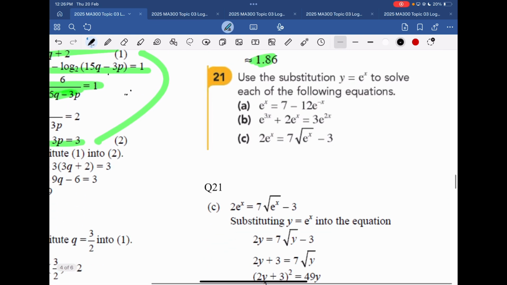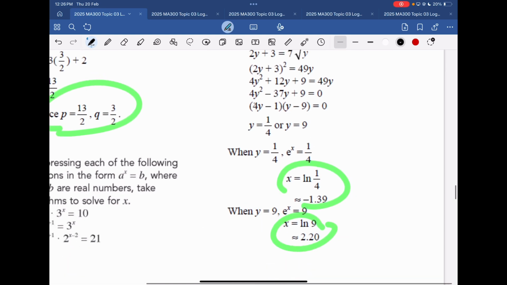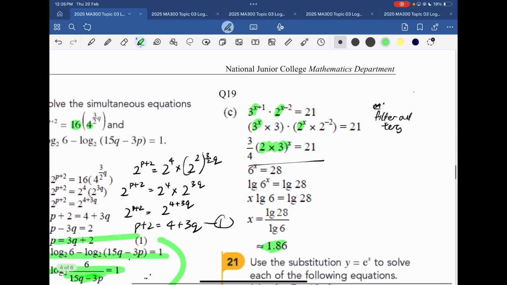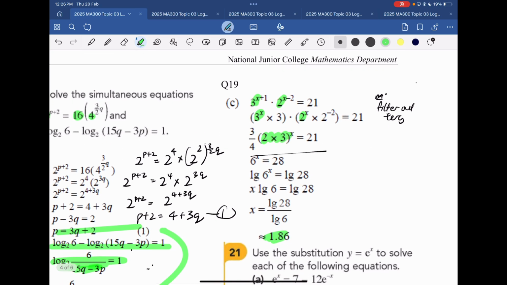Next one, question 21. Question 21 is quite straightforward, I think, so I won't go through. If the solving is by substitution, you get negative 1.39, 2.2. Question 19: if you are not done with 19, I'm going to pause here for a while. Please help me to